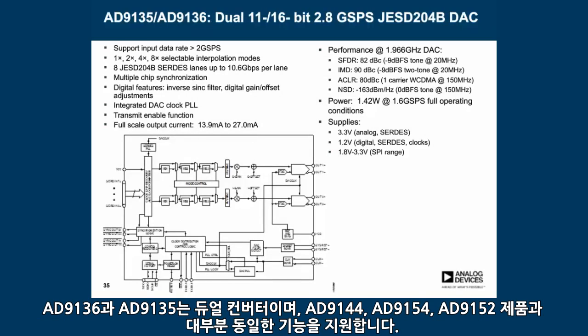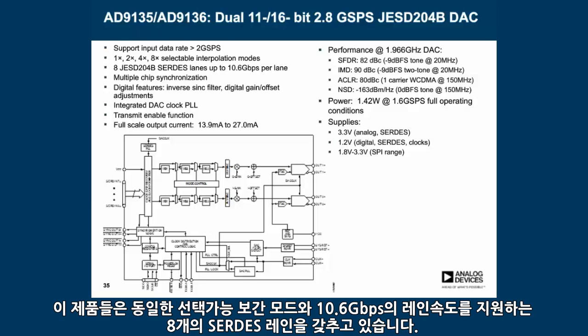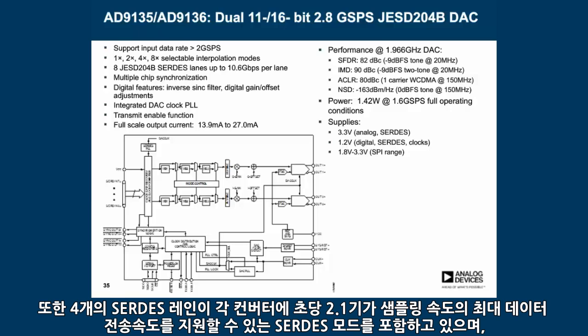The 809136 and 809135 are dual converters and have many of the same features as the 9144, 809154, and 809152 products. They have the same selectable interpolation modes along with 8 SerDes lanes capable of supporting up to 10.6 gigabit per second lane rates. These products include a SerDes mode that allows 4 SerDes lanes to feed each converter for a